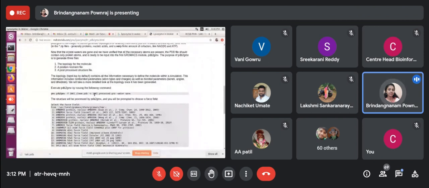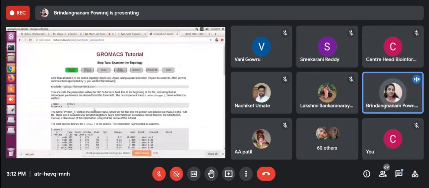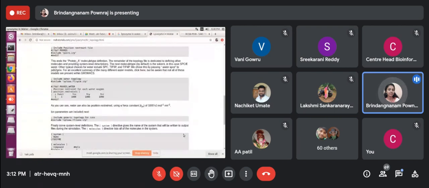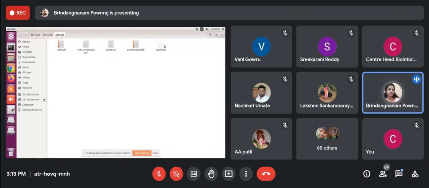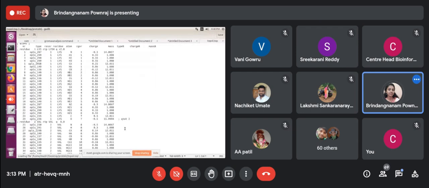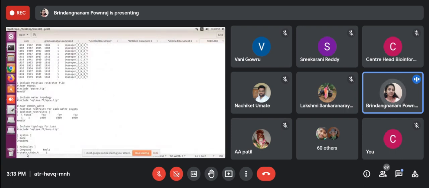Now I converted the PDB to GRO format. Next, I'm going to assign the box. But before assigning the box, we will open those files and see what information is there. So go to topology.top, right click, open with gedit. If you look, there is one protein chain, and it's the lysozyme protein. And there is the force field, and posre.itp is there.